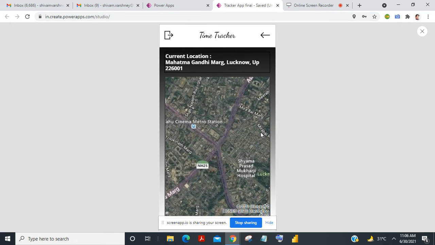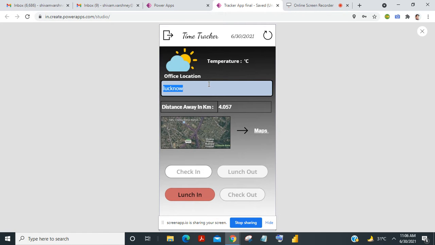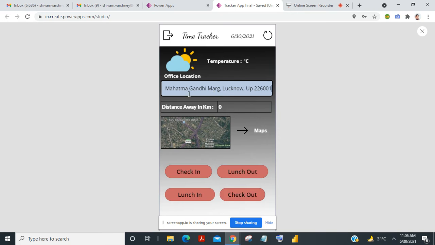It shows my current location as Mahatma Gandhi Marg, Lucknow, UP. I will update my office location to be the same as this, and the distance is 0 kilometers from my office location, as it is my current location.